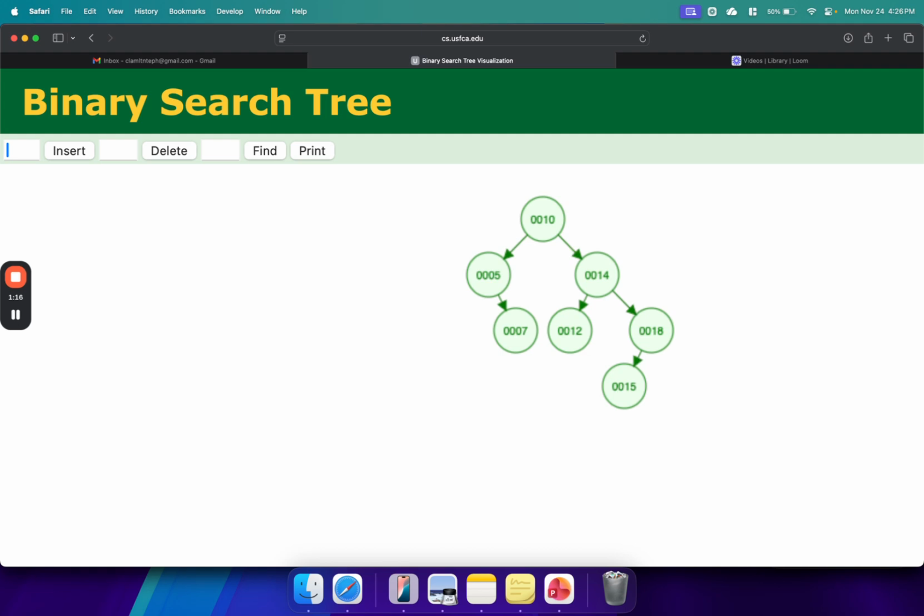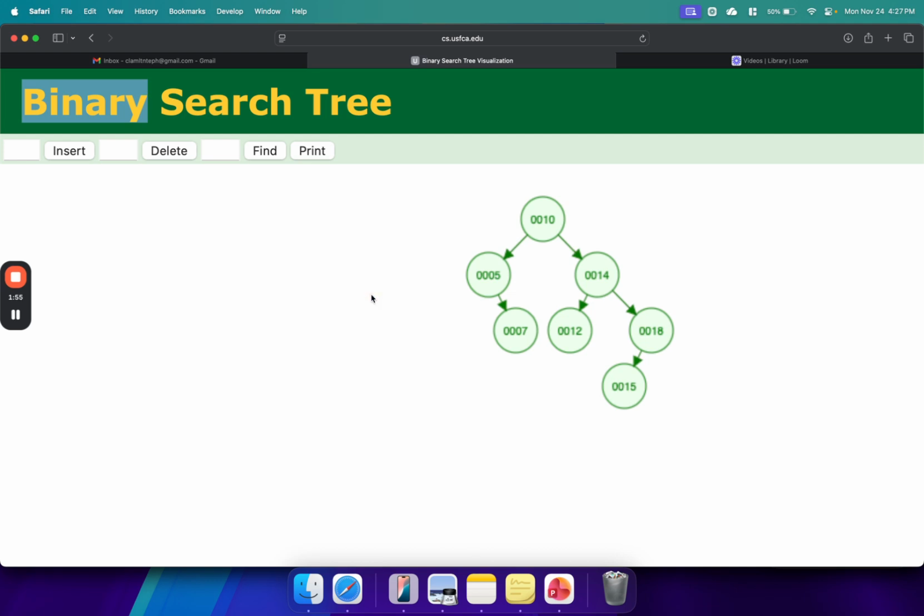So normally in class I would have asked you what you've noticed, but because we're not in class, let me just show you what it looks like. You'll notice that it looks like a tree, but you'll also notice that there are only at most 2 children per node in the tree. So 10 has 2 children, 14 has 2 children, 5 has 1, 18 has 1 child. By the word binary, it means there are only 2 possible children per node in your tree.